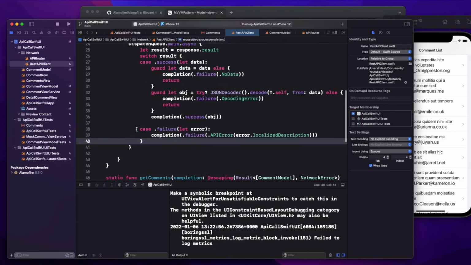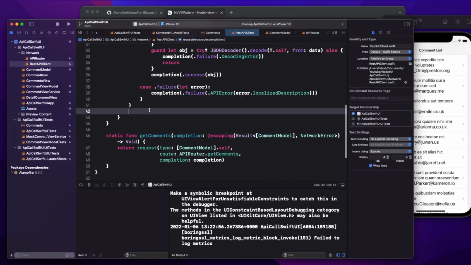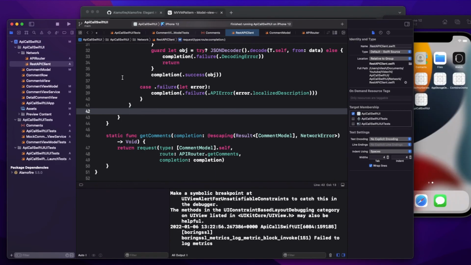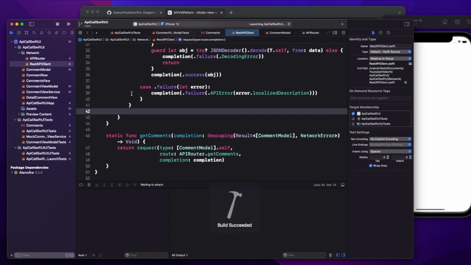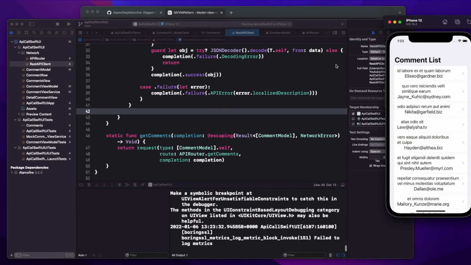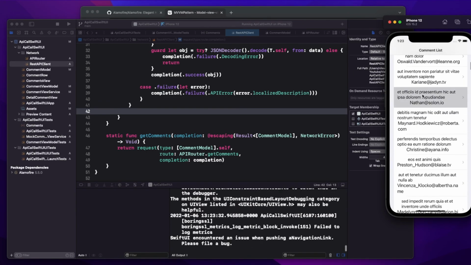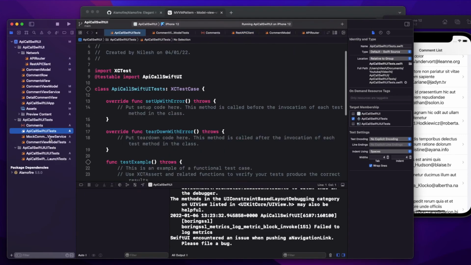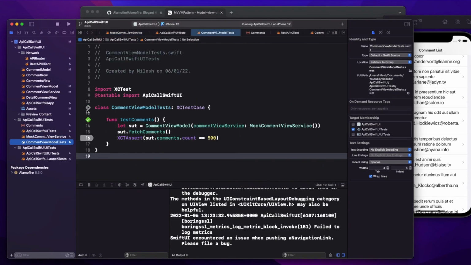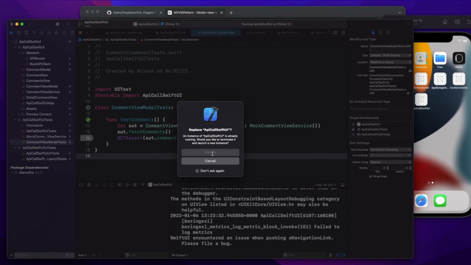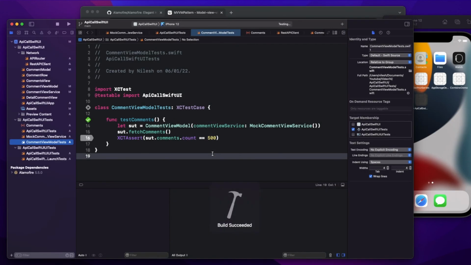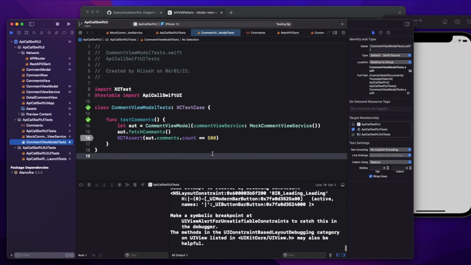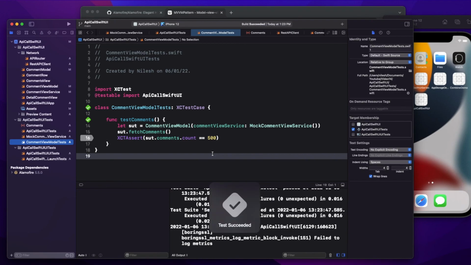Now let's build it and run it one more time. It's working fine. It is going to detail also. Now let's go back to our test and run our test one more time. Now this is also perfectly working.